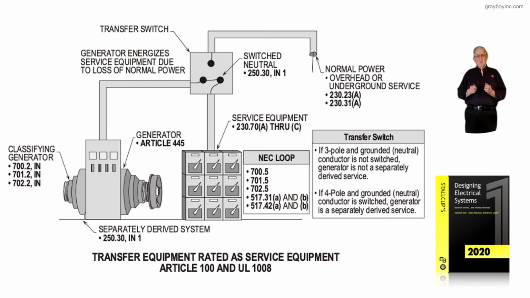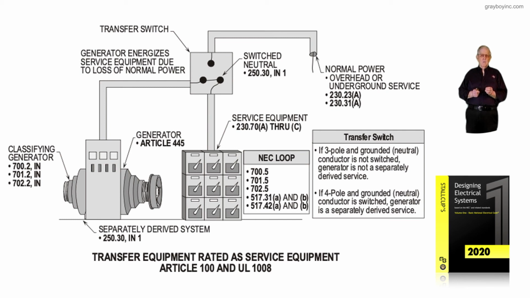But this illustration basically illustrates how to classify a generator, and the transfer equipment, is it rated as service equipment, or it's not rated as service equipment? Is it a 3-pole transfer switch? Is it a 4-pole transfer switch? Now, UL 1008 goes into more depth about the transfer switch. Is it used as a service equipment, and how would it have to be rated and so forth? Also, the UL 1008 would deal with the transfer switch should it not be